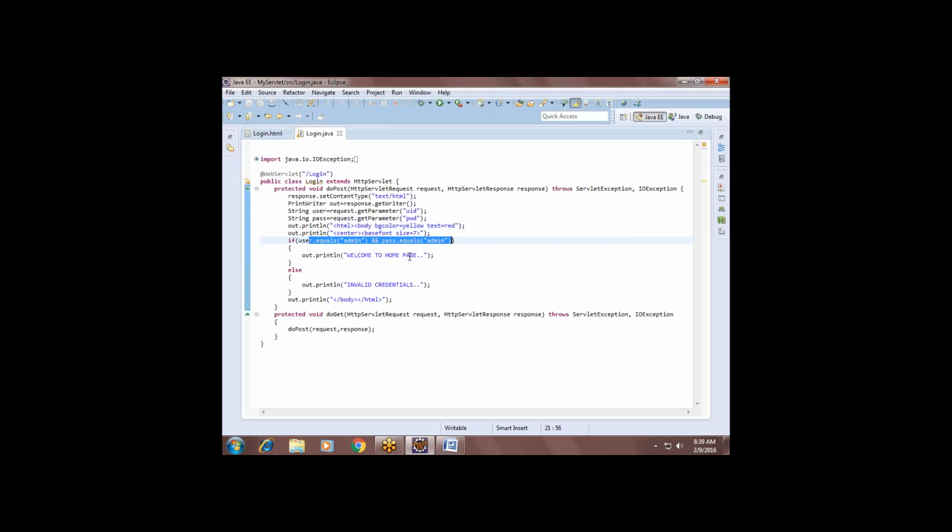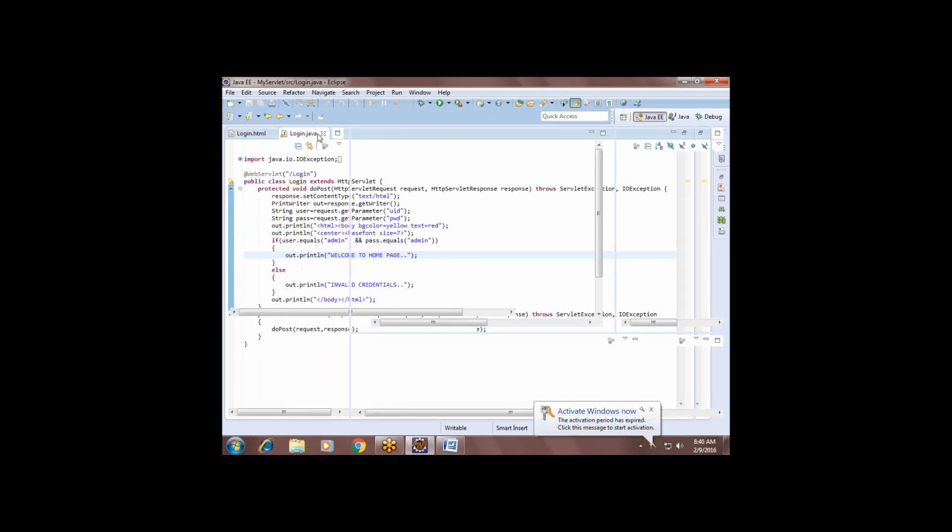See guys, if the user credentials are correct, instead of printing some message, we should forward to the home page, right? There should be one home page. We should forward our control to the next page. Is it or not? Instead of printing a welcome message here itself, we need to forward to another page. When your username and password are correct, you will be redirected to the home page of the site, right? So first we'll create one page,